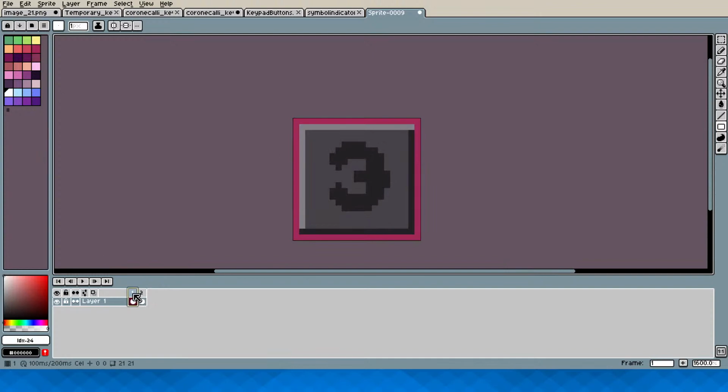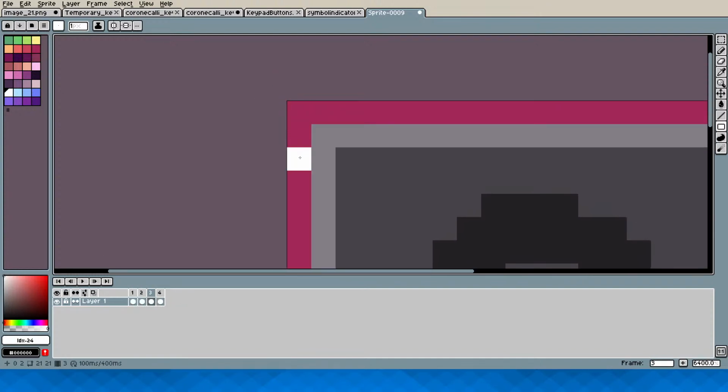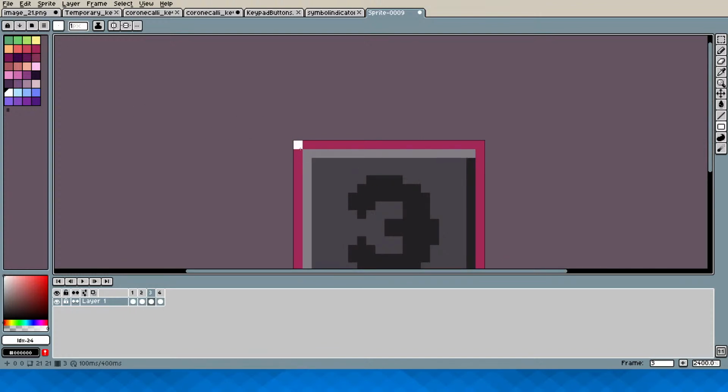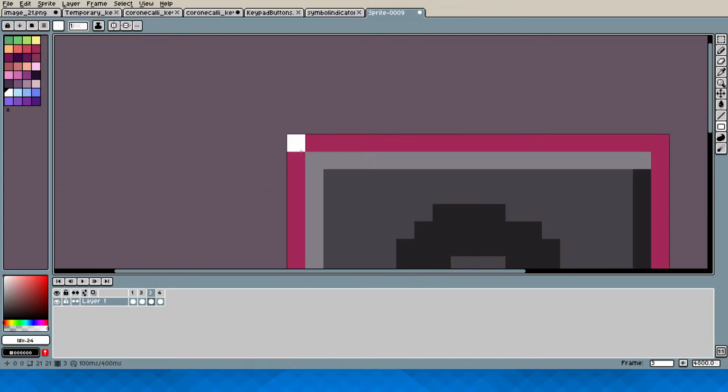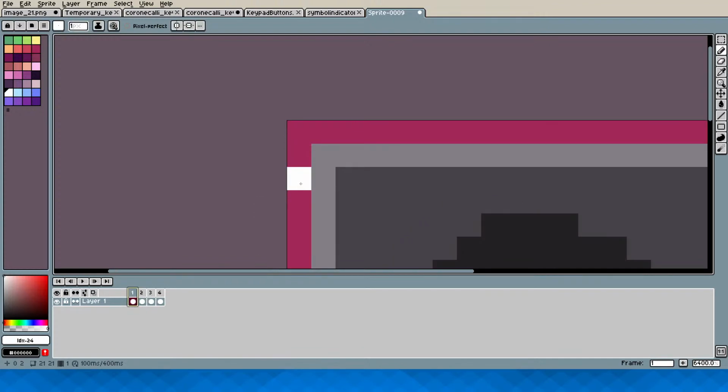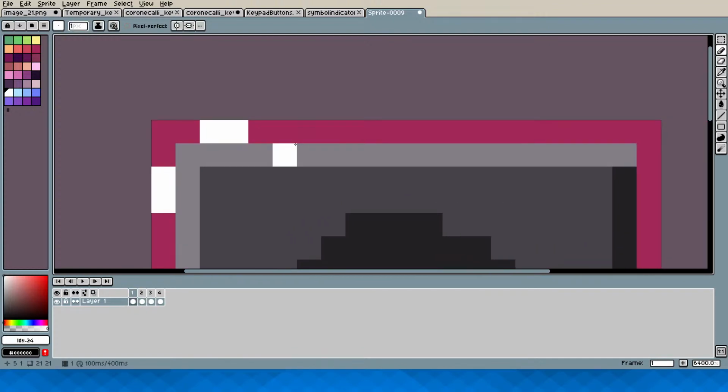Let's add some more frames, like 4 of them, and let's turn this into a pattern, a bit like this selection thing here in Sprite. So you see how these things are moving down and right here? I'm going to try to do the same and see if that works. So just do this.